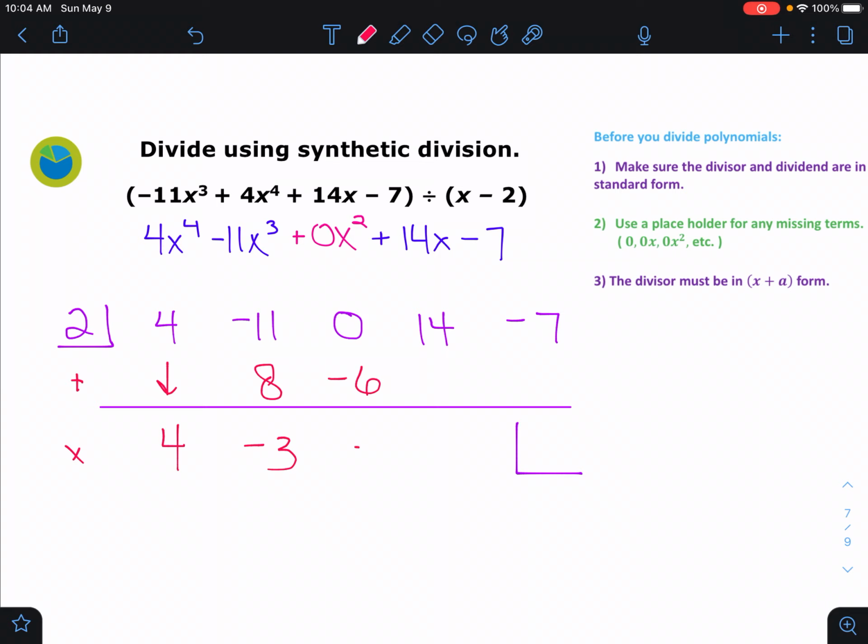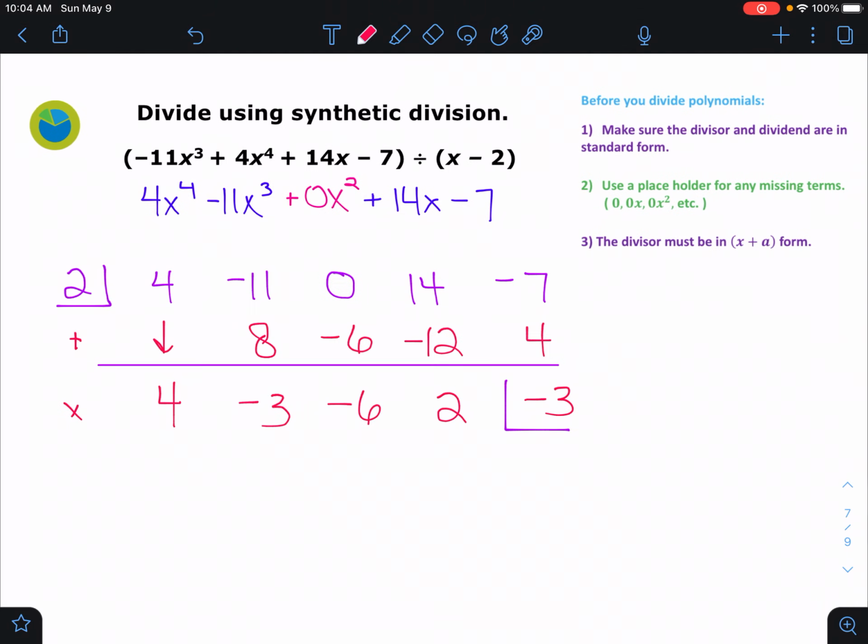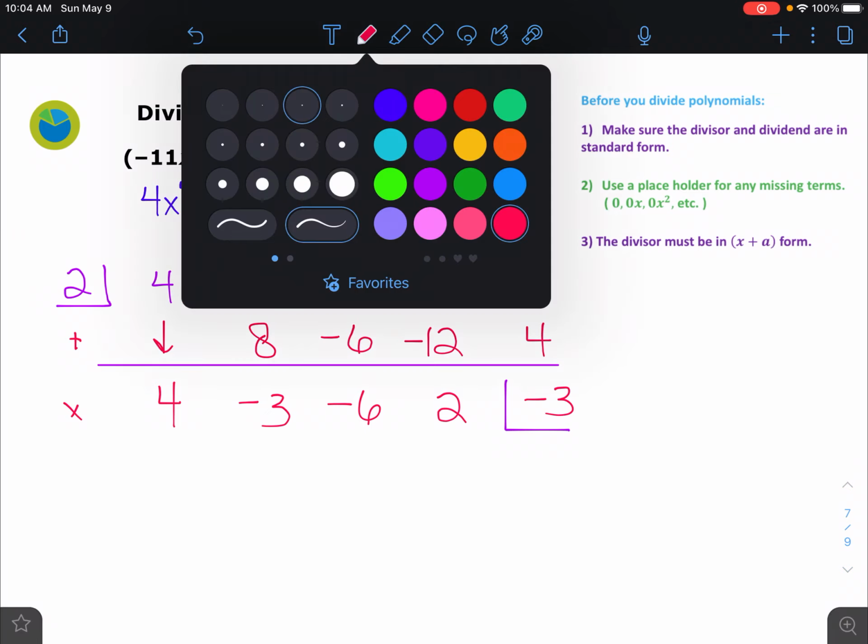Add these together. 0 plus negative 6 is negative 6. 2 times negative 6 is negative 12. Add together, we get 2. 2 times 2 is 4. Add those together, we get negative 3. Okay. Now, we've just used synthetic division. Make sure you convert it back into a polynomial. So my answer then,